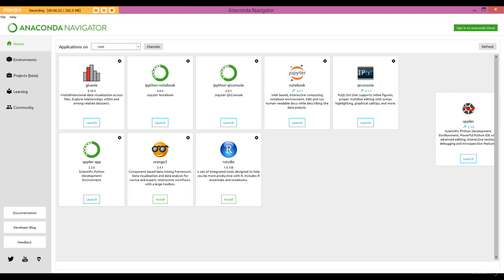Now, out of all these, we are going to focus on working with Jupyter notebooks, and in case you don't know what they are, that's coming up in the next lecture. This is a web-based interactive computing notebook environment, and it is within this environment that we can carry out our analyses, record our notes, put in comments, and essentially use this for producing reproducible research. So you can press on the launch button,